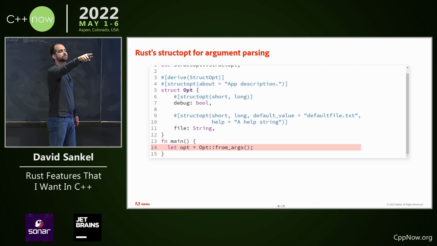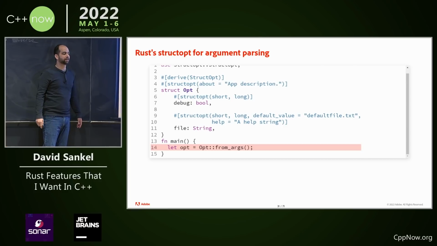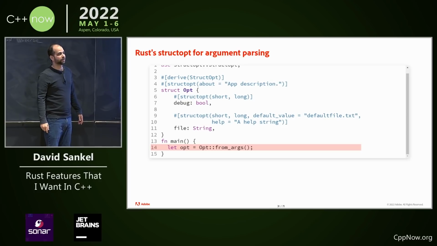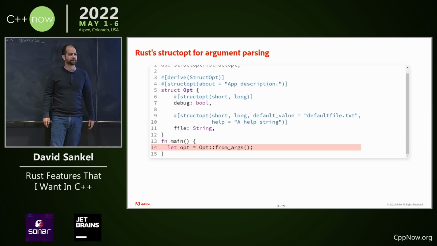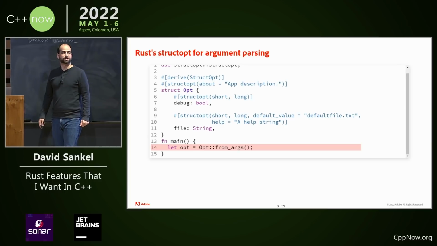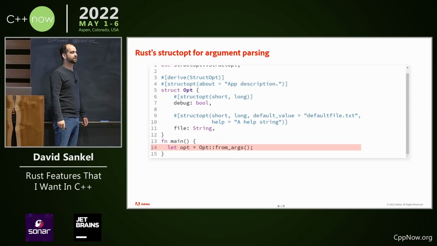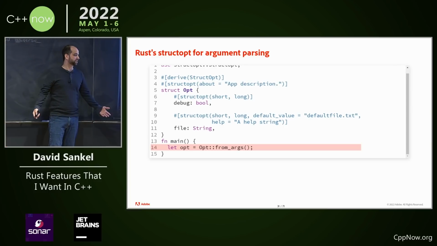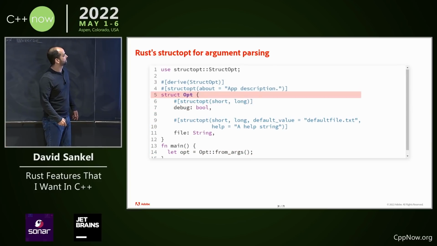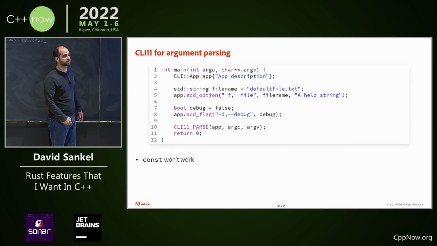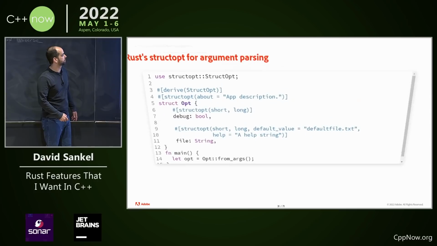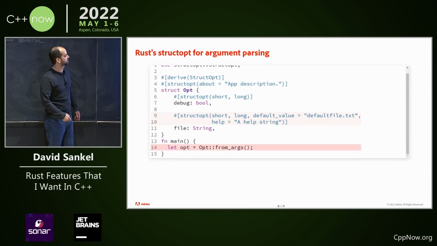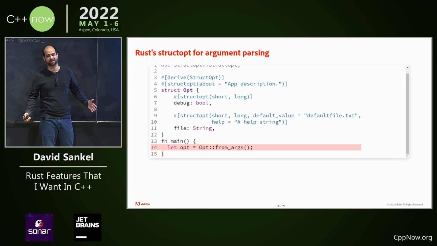Okay. So all the features you say you like about this, you can do in C++, and I've done it. I can show you afterwards, but there's an argument parsing library that does exactly this. I don't disbelieve that, but this is the library that we actually use in most C++ code. So I'm just going based on what's actually happening. I still want this. So I'm going to move forward because we got a ton of material.